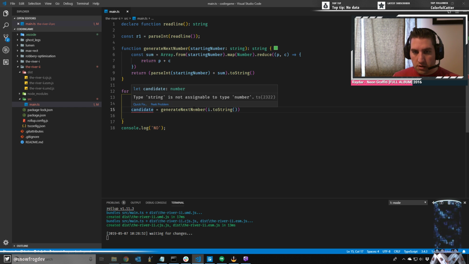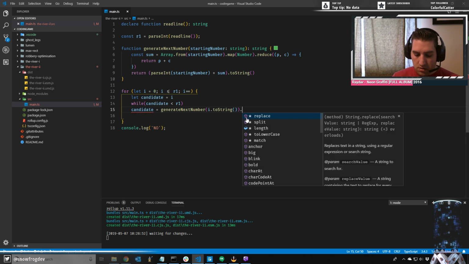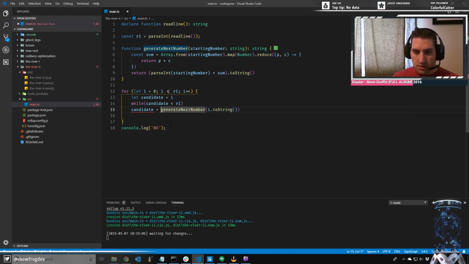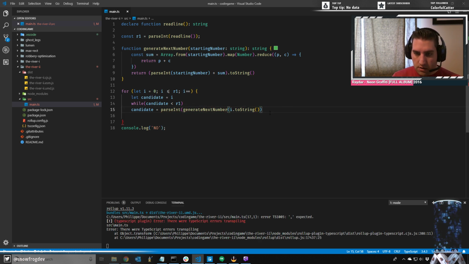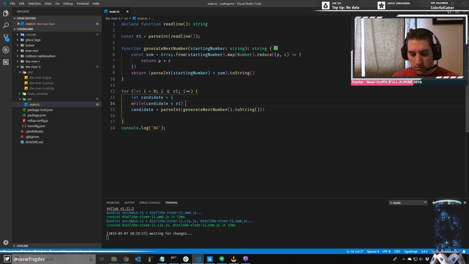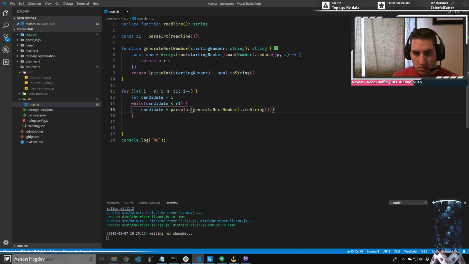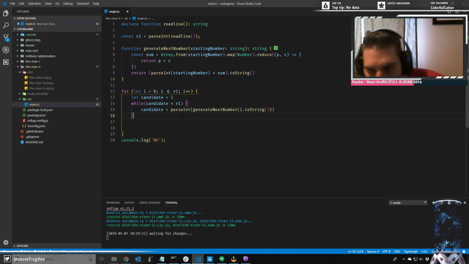Candidate is of type string, and we need it to be a number for this, right? So let's give it a number. Okay. So what are we doing? We are looping and generating the next number until we reach R1, because there's no point in going over that. If we do reach it though,